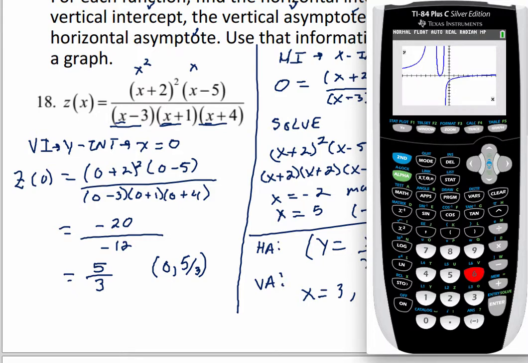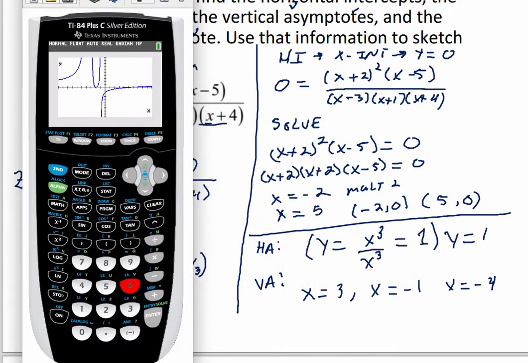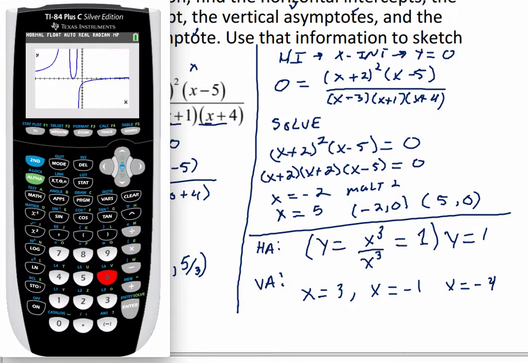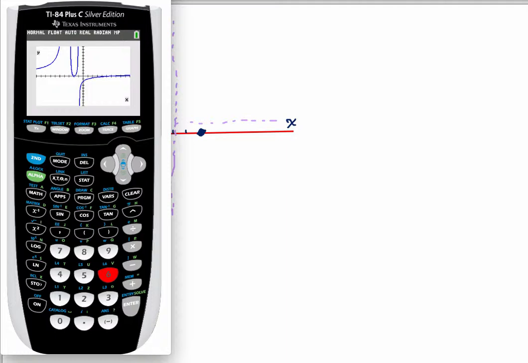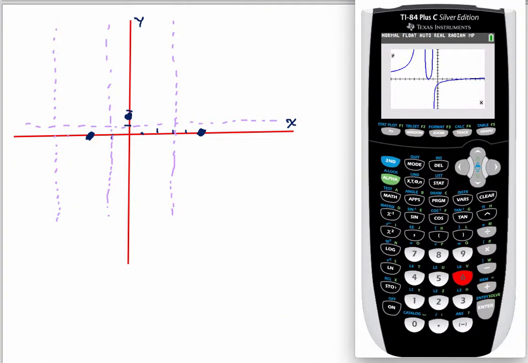Alrighty then. Okay, so let's see how that corresponds to what we started drawing, all right? Let's move my calculator over here. I had it in the right spot in the first place. Okay, so